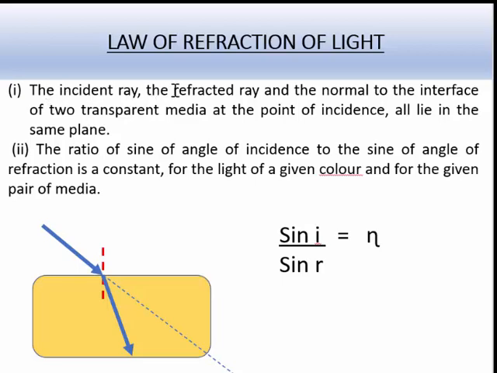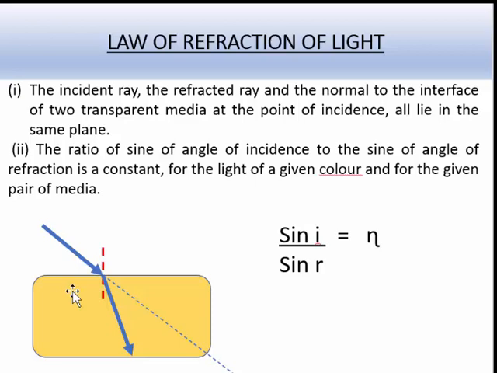The incident ray, the refracted ray and the normal. So the normal is this red line. Which is the refracted ray here? Refracted ray is this blue line again, which enters in the second media. So this incident ray, the normal as well as the refracted ray, they all lie at the same point of incidence. Which is the point of incidence? This is the point of incidence here. They all lie at the same point of incidence and on the same plane. This is the plane of reference where all these three rays lie. So that is the first law. This first law of refraction is almost similar to the law of reflection.